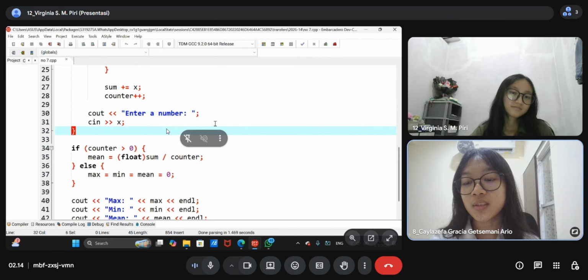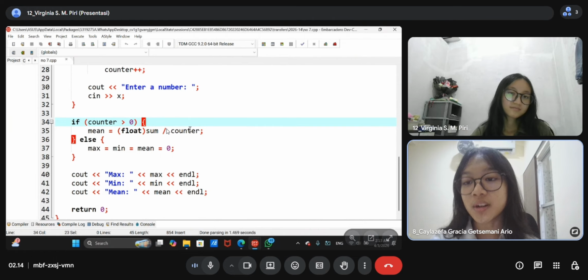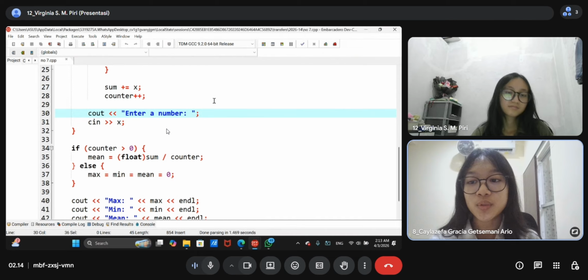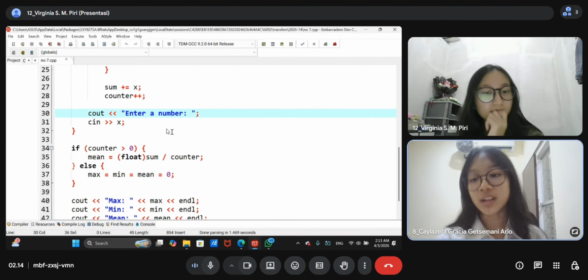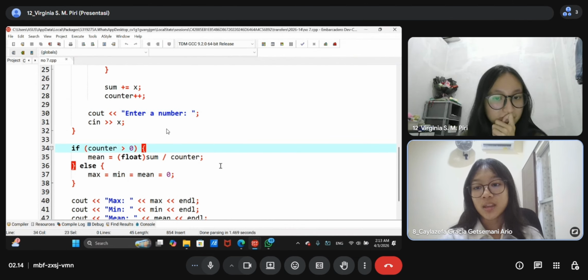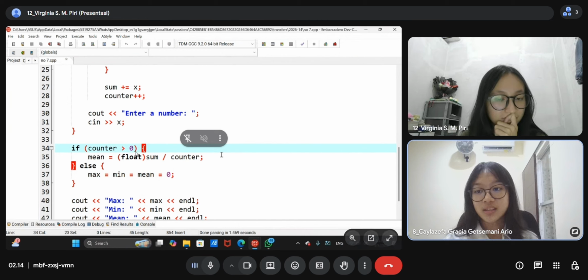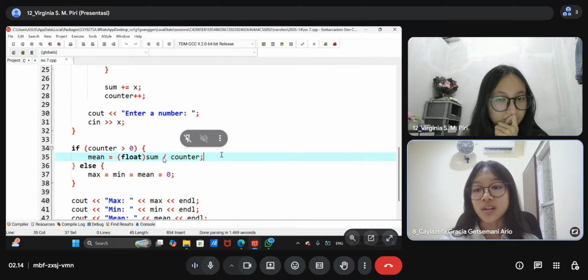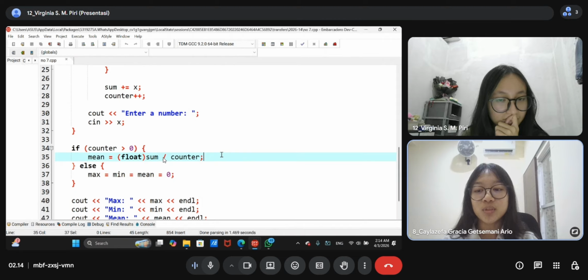So if the user inserts a negative number, the program will run to the decision: is the counter larger than 0? If yes, the program will process the sum divided by the counter. So this main will have a float data type because the result of the main will not always be an integer.